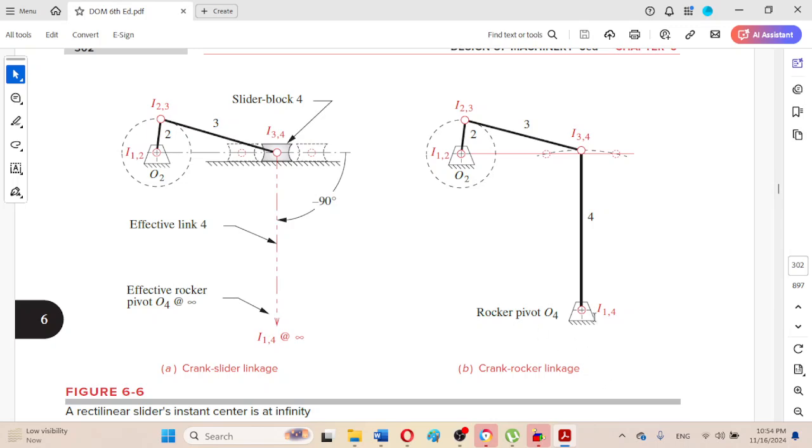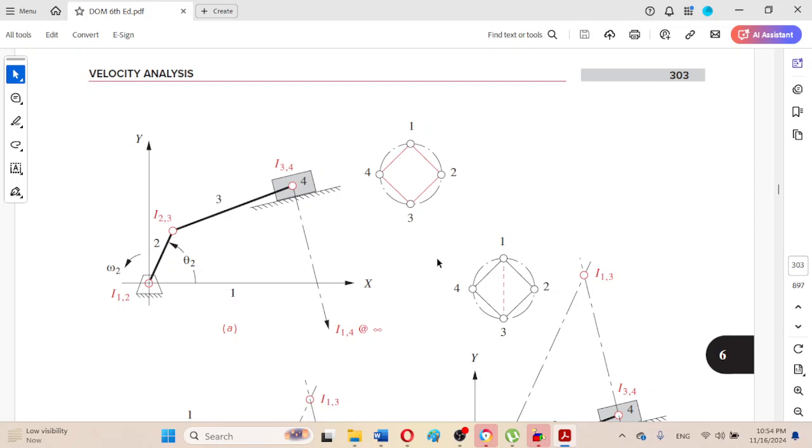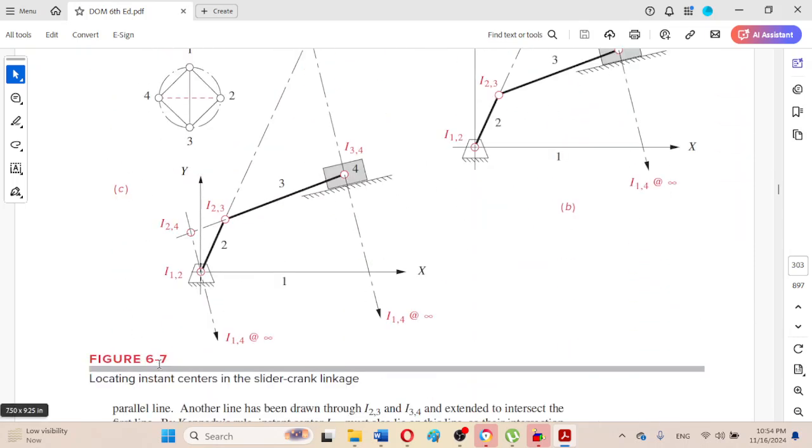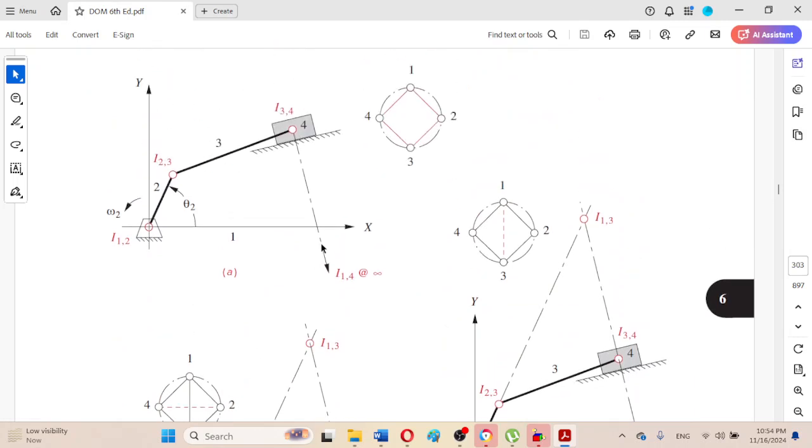So it's equivalent to what the author has shown here. In the next figure, 6-7, the author has shown the general case. Here we can also observe that this revolute, which is between the slider and the connecting rod, is instant center 3,4, and the fourth permanent center, which is the effective rocker, is perpendicular to the slider axis,